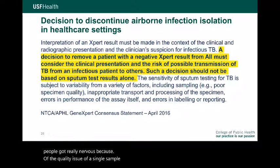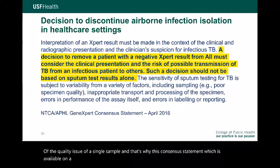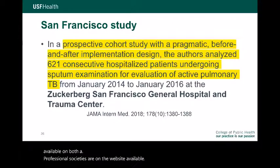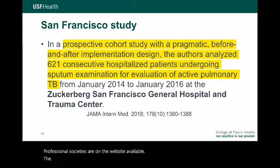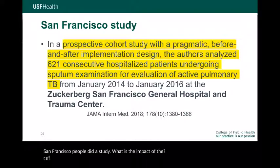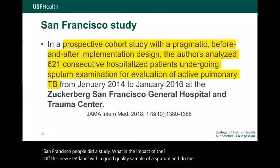And that's why this consensus statement is available on both professional societies' websites. Now, the San Francisco people actually did a study: what is the impact of this new FDA label with a good quality sputum sample, and do the expert, and they did this